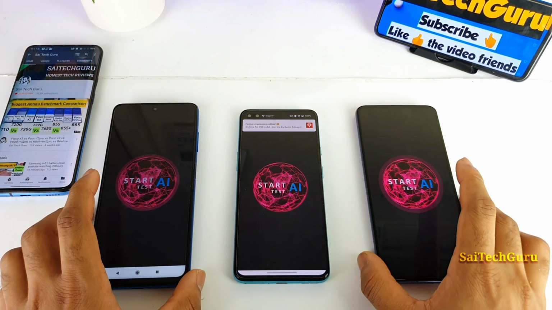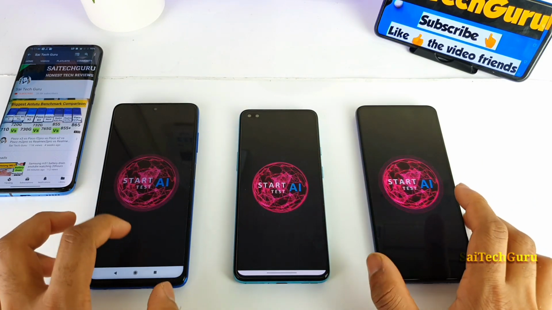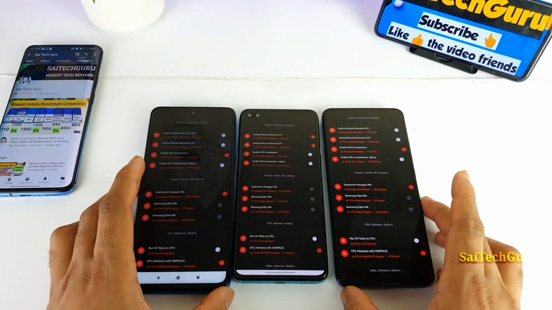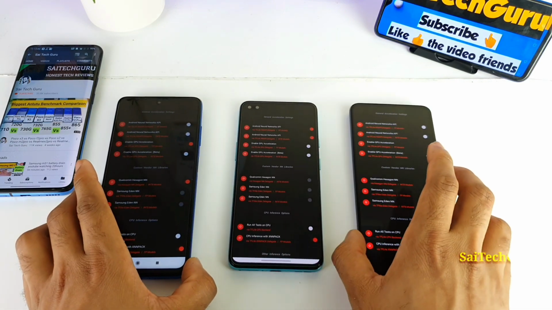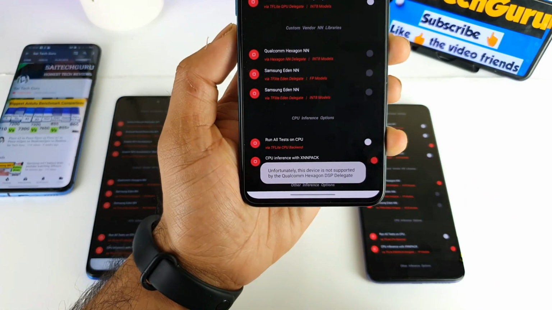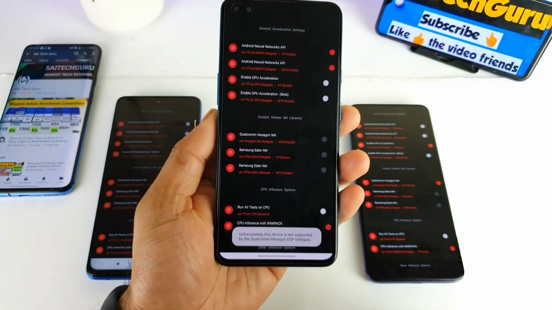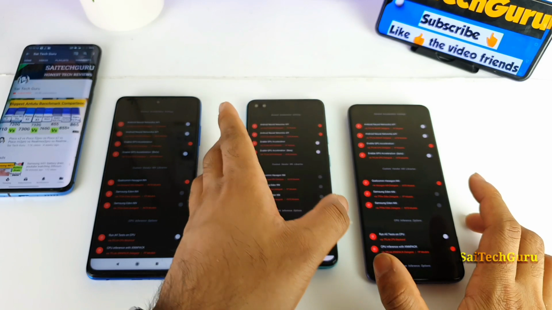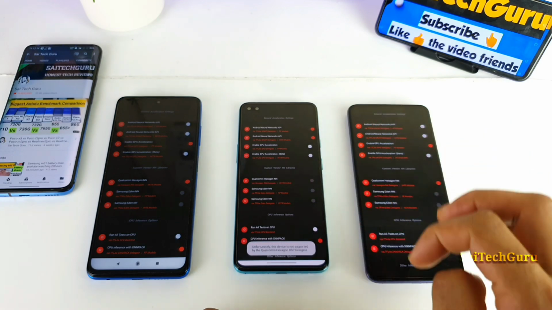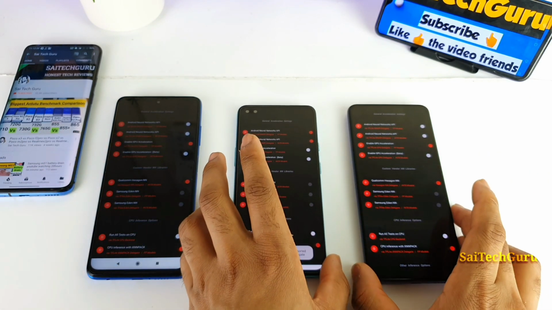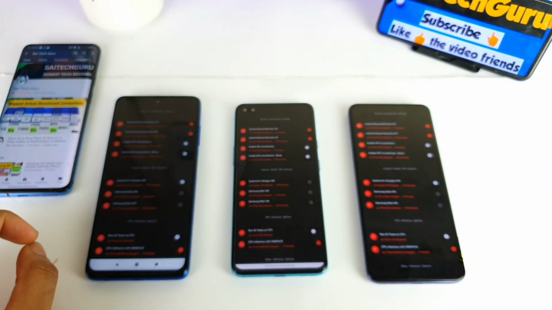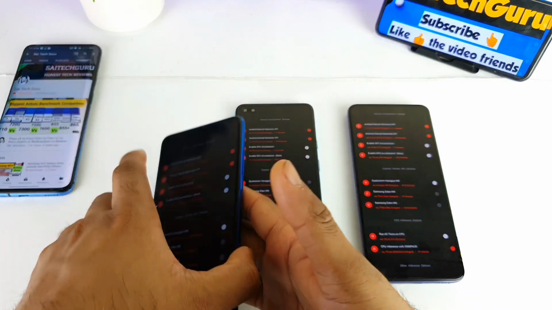So here is a quick look at the interface of the AI application, and let me show you what settings I am using. All three smartphones are set to the same settings except the OnePlus Nord, where Qualcomm Hexagon is not enabled because it's not supported on that device. Apart from that, all the remaining settings are the same. The top one I cannot disable because it is not enabled, so it works either way. To make it a completely fair test result, I decided to use the same options on all three smartphones.